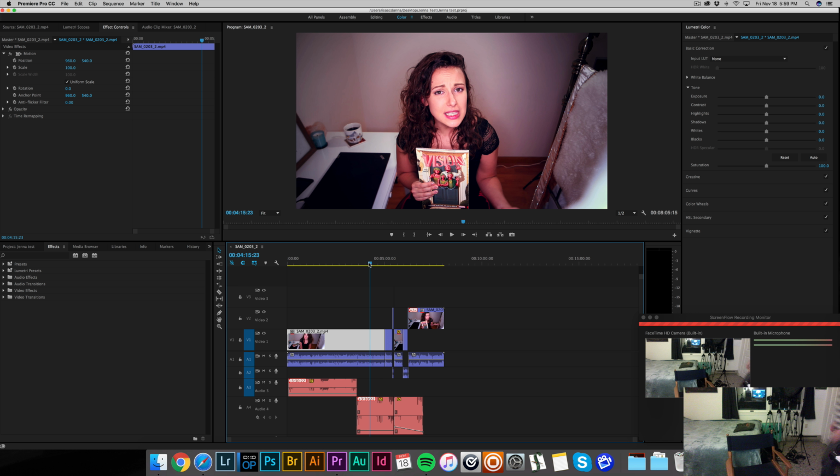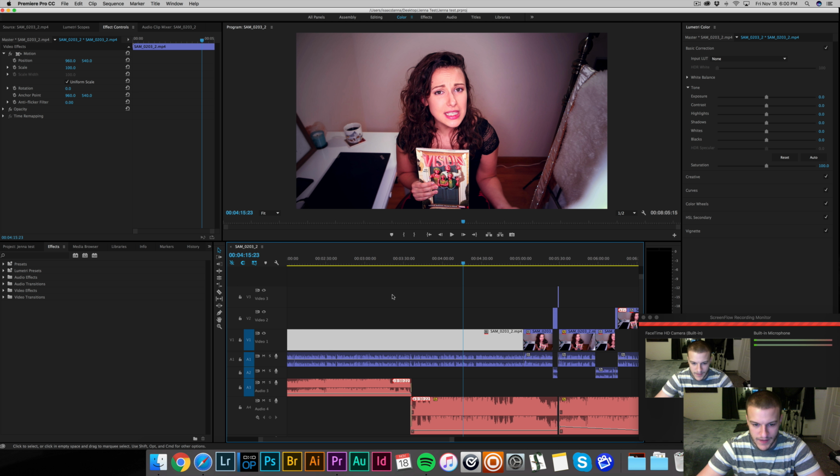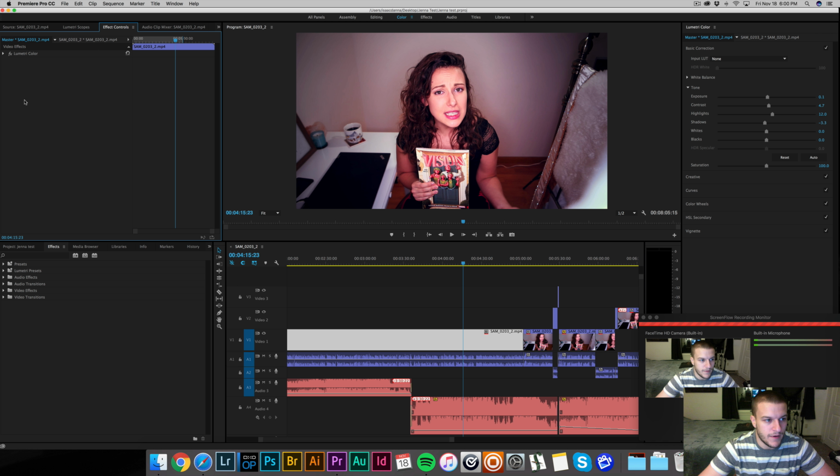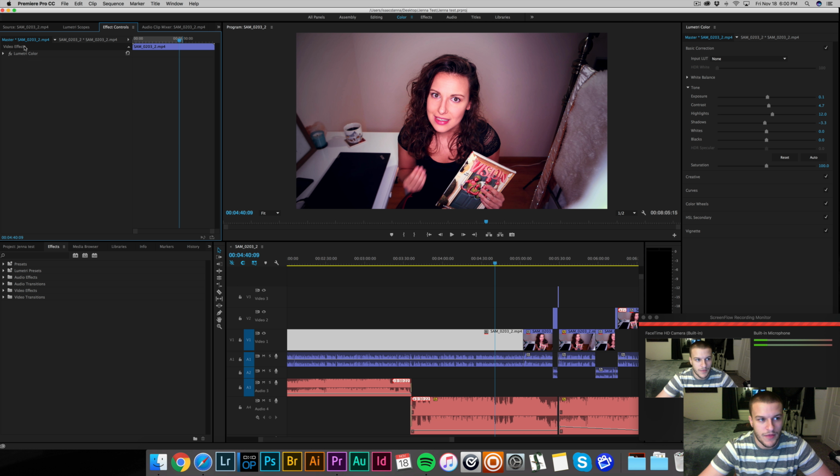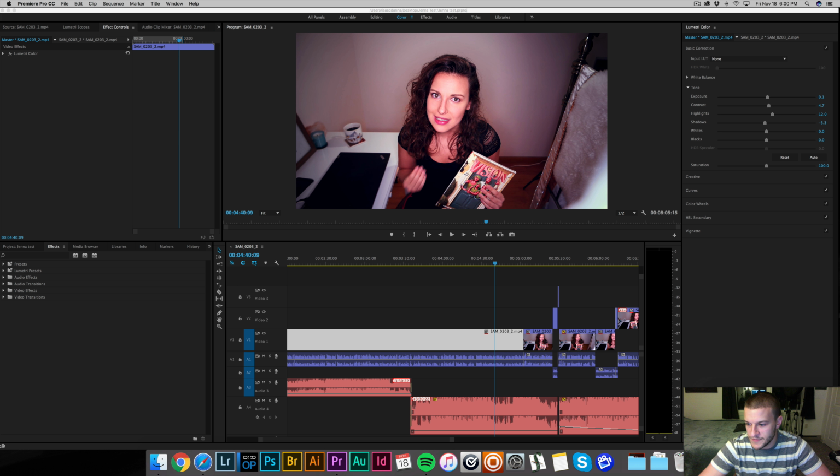Okay, I added some color. Briefly, here's what I did. If I go over here, I'm going to get rid of this. Just that color alone, actually let me undo that. That color is on the master track. You can see the master track is here, and over here too. You can see the master track, they're both blue.